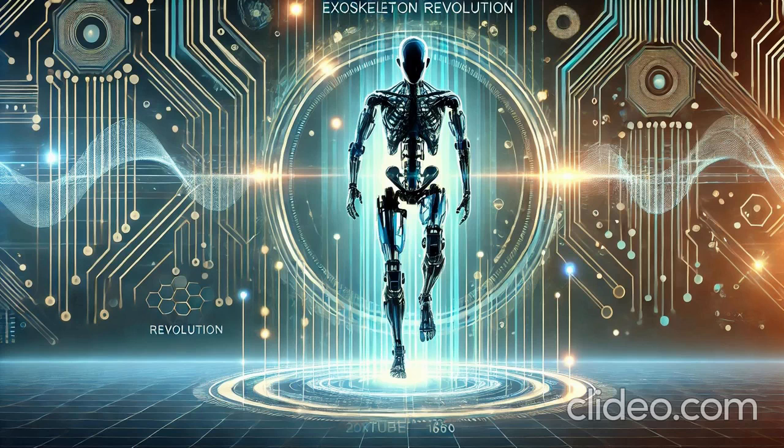Definitely. So it's a cool idea, but not super comfortable at first. Still, it seems like it could really help people who have trouble getting around, or people who want to really push their limits. It feels like we're getting a peek into the future where tech just becomes part of us, helping us stay active